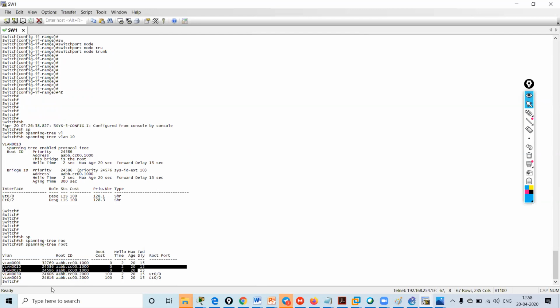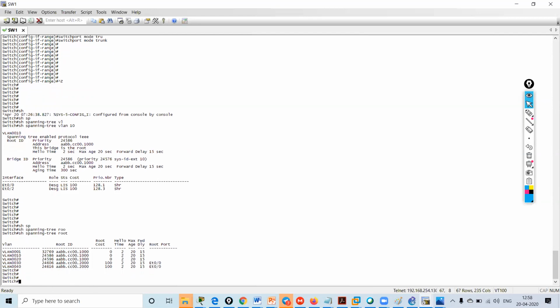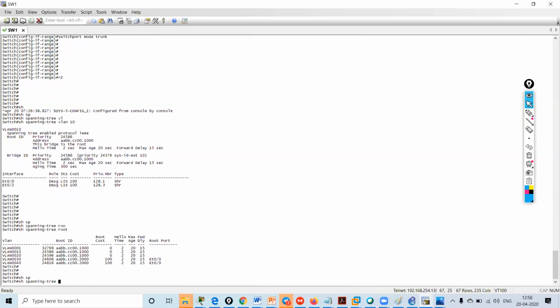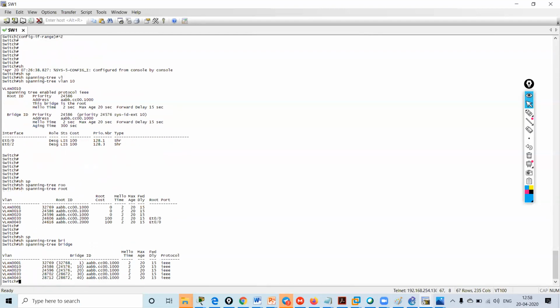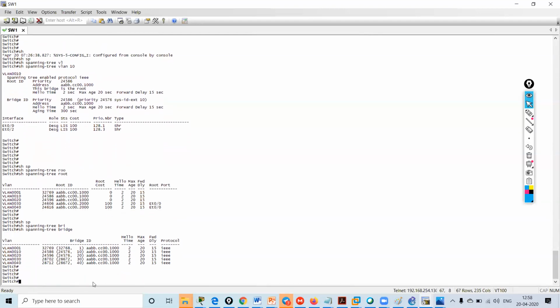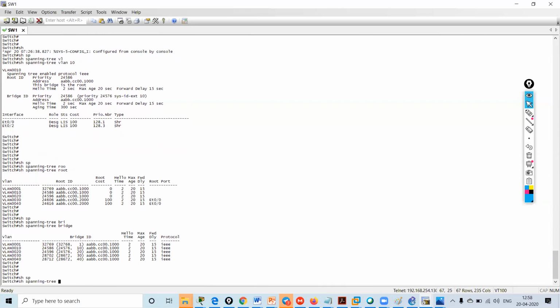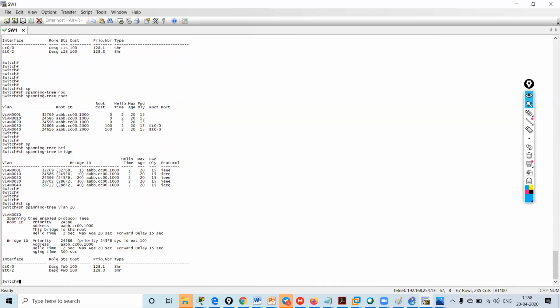Got it? So if you do show spanning tree VLAN 10, it should say that this is the root for VLAN 10. We will get the ports that are assigned to the VLAN, and we will get the address. This bridge is the root for this VLAN.